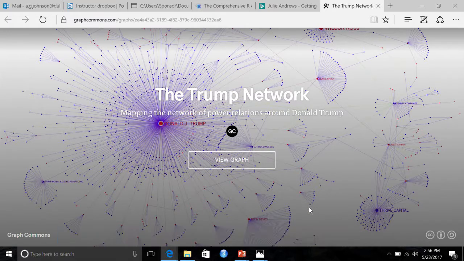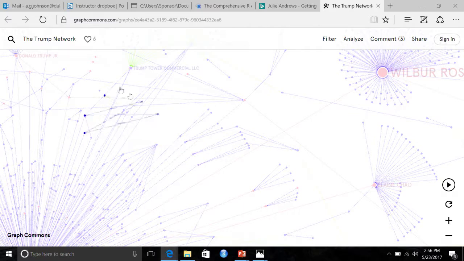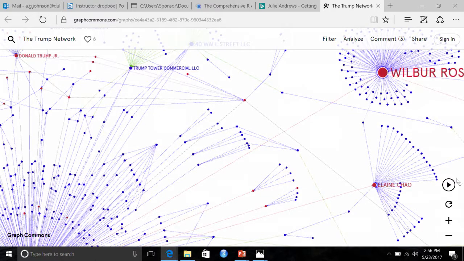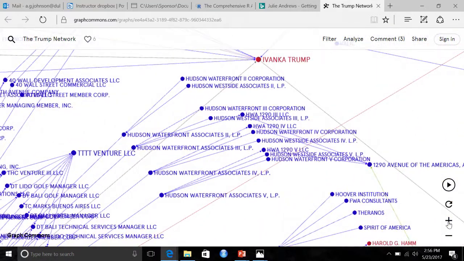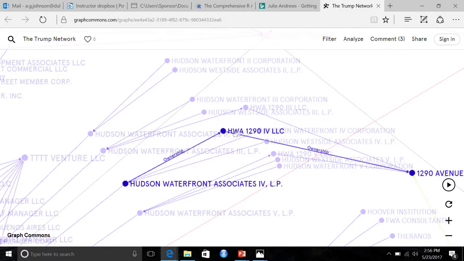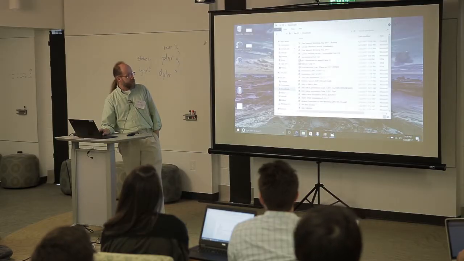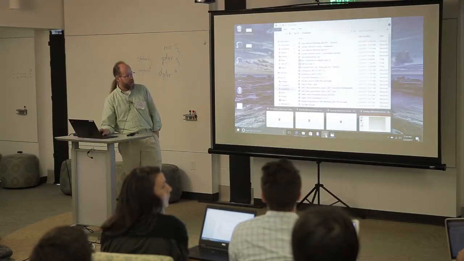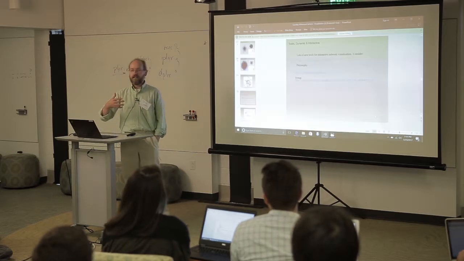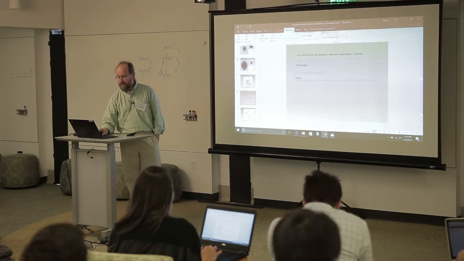It's not going to let me respond here. Maybe there, it's coming up. But you can get in here and just do anything you want and see what's there. What's kind of nice is that this is actually a pretty clever visualization, because if you zoom in, you'll see not only what each person is, but if you look at the highlight on the edges, you can see what kind of tie it is. It's an ownership tie or something like that. So interactive visualizations are great if you have an audience that's really interested in interacting with them, and that's the main element of doing that.